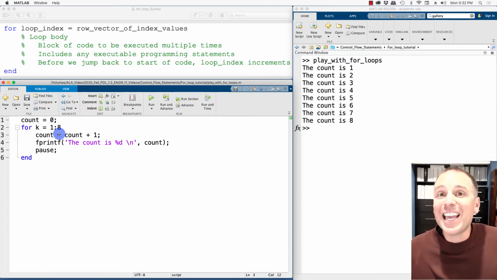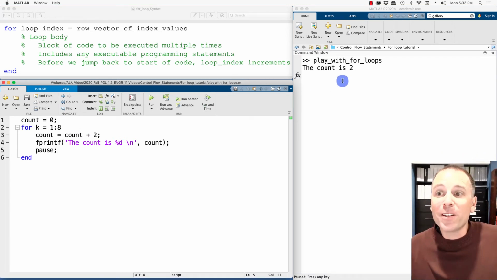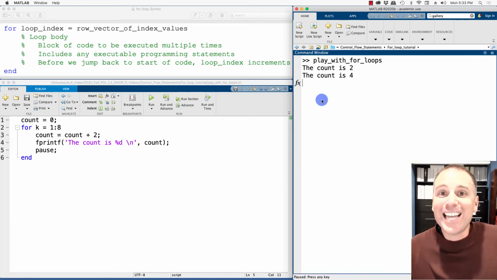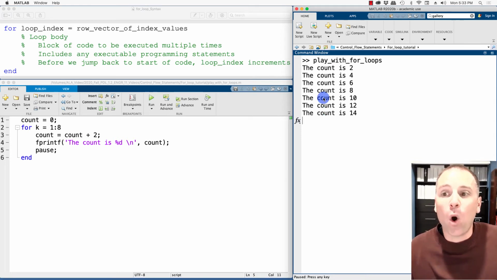Let's go ahead and take a look at a refinement of this example. Suppose that instead of wanting to count up by 1s, we want to count up by 2s. In order to do this, let's start our count at 0. And then every time we run through the loop, instead of adding 1, let's add 2. When we run through this loop, notice that the first iteration adds 2 to 0, which gets me 2. Second iteration adds 2 to 2, which gets me 4. Adds another 2, gets me 6, and I go all the way up to 16, since there are a total of 8 iterations of this loop. In other words, I'm adding 2 to itself 8 times.